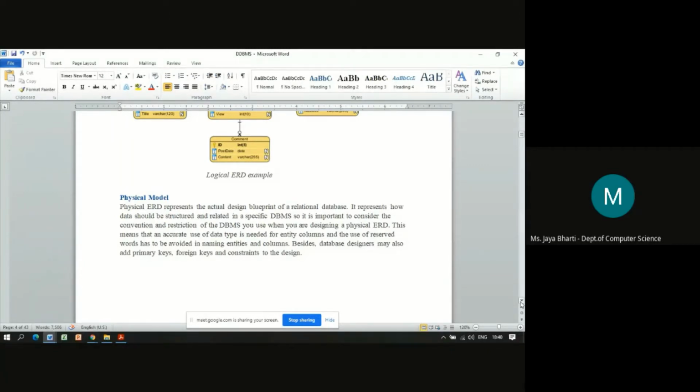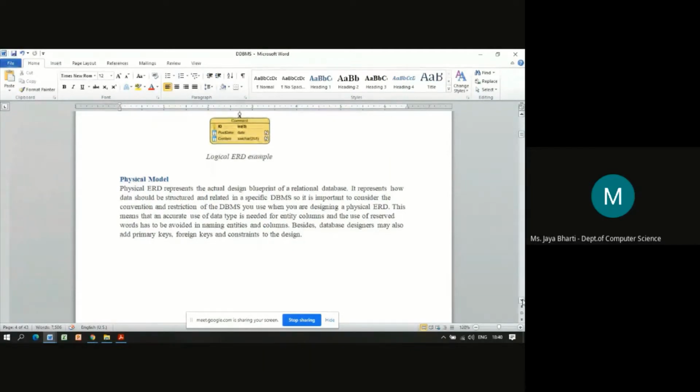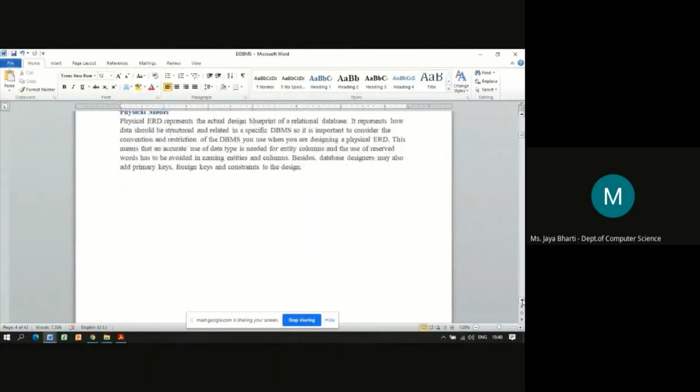It will contain not only the data types, but also any specific constraints you have put on that particular data value. The different constraints like primary key, foreign key, check constraint, null constraint will also be viewed at the physical level.